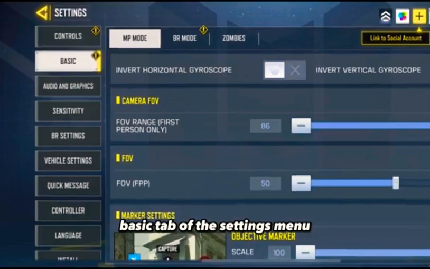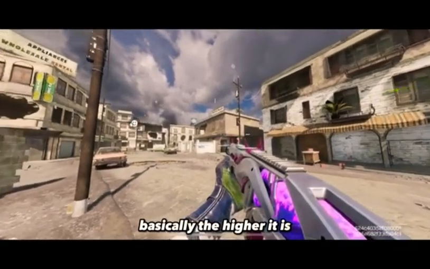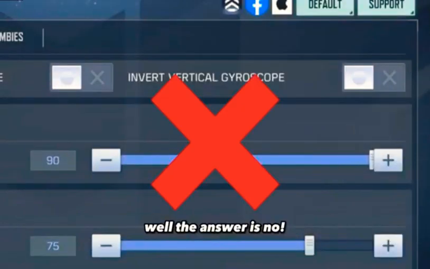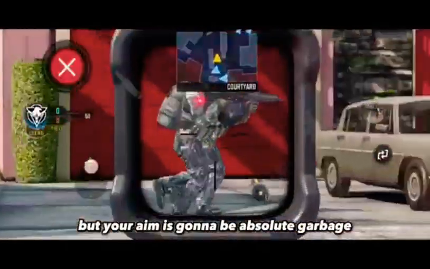You can find the setting on the basic tab of the settings menu. FOV means field of view. Basically, the higher it is the more you can see, so you should keep it as high as you can. Right, well the answer is no. Yes, having a high FOV can help you see more on your screen, but your aim is gonna be absolute